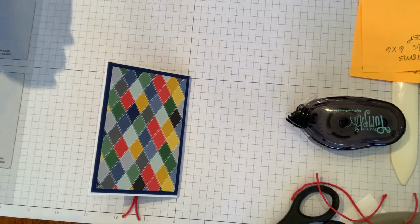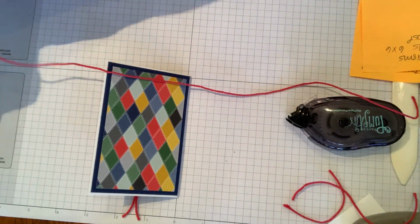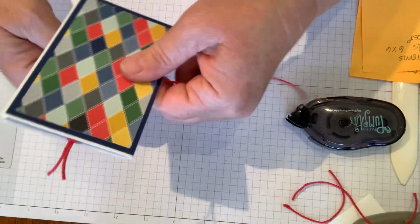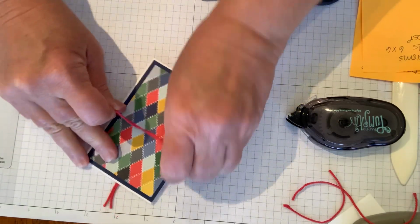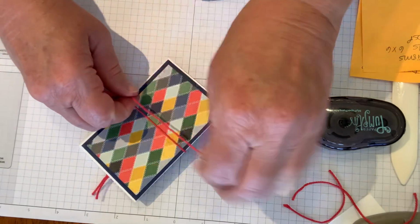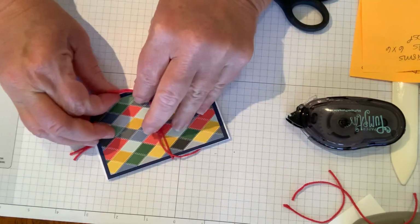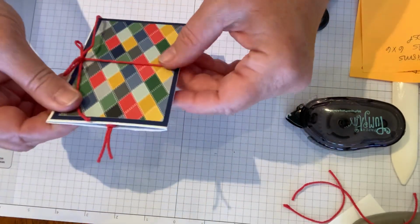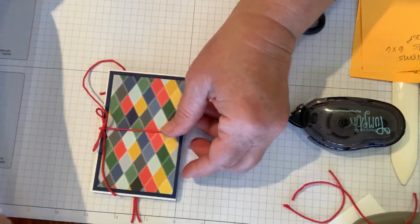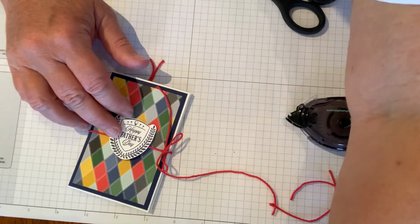And I'll grab a little bit more of that. Maybe let's try about 16 inches. And that's another thing to love about Stampin' Up's baker's twine. And we'll just wrap that around and tie a knot in it. Not a knot. We'll tie a bow so the recipient will be able to open that up. So we'll tie a nice little bow, this is nice sturdy baker's twine. And then to kind of hold that in place, we'll put our Happy Father's Day sentiment on there